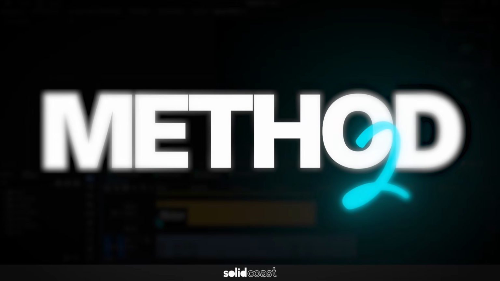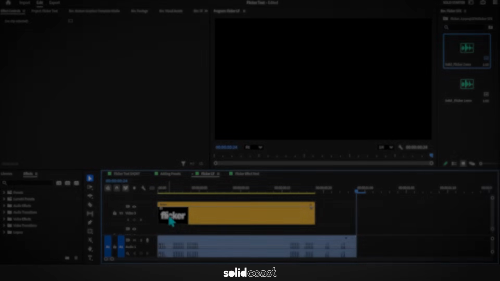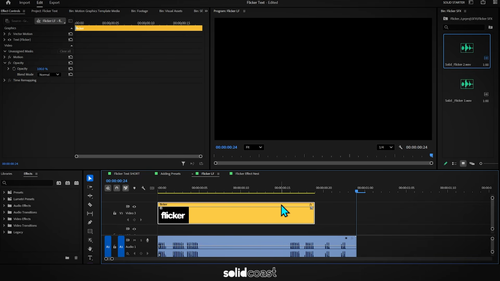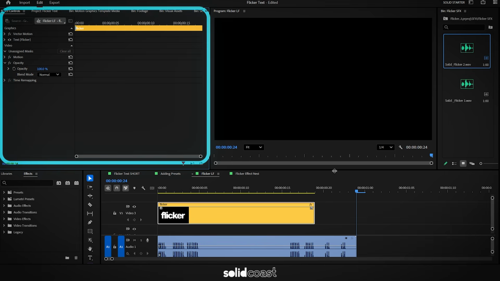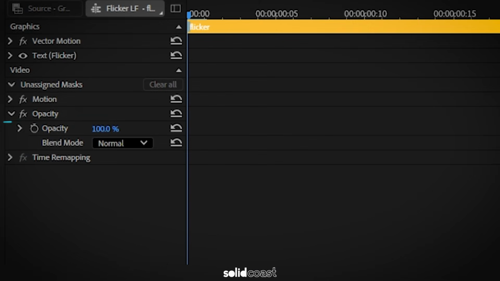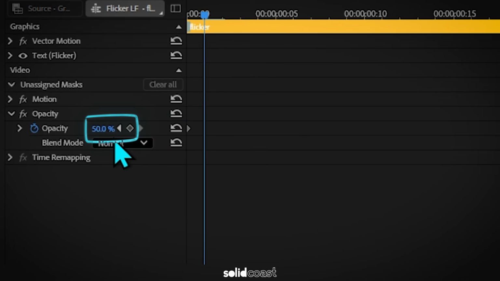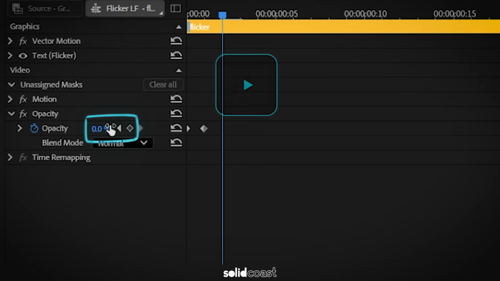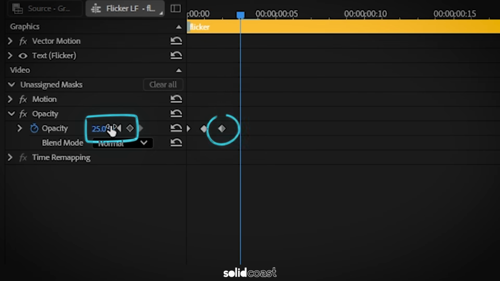So here's method 2. This time we're going to use keyframes to create the effect. So select the clip, open up effect controls, and with the playhead at the beginning, under opacity, hit the stopwatch to create the first keyframe and set the value to 50. Now hit the right arrow key to move 1 frame along and set the value to 0. Same again and set the value to 25, and again set the value to 0, another keyframe and set the